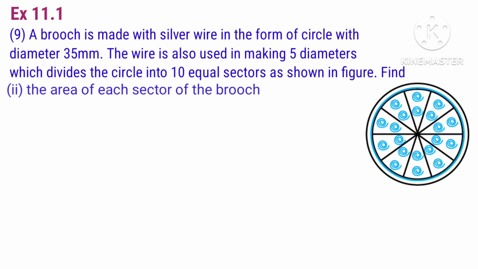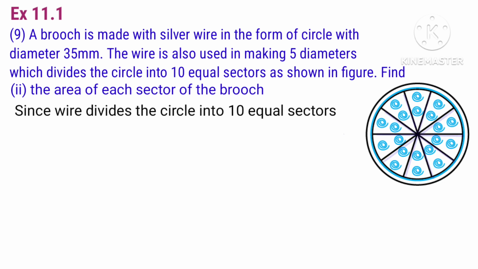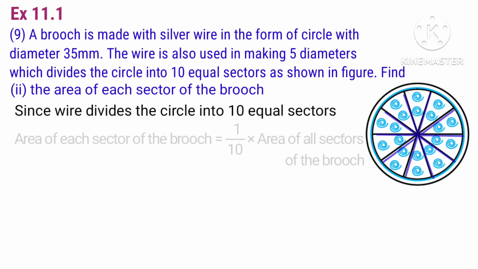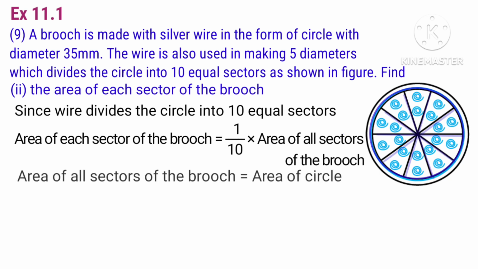We'll move on to the next part of the question. Find the area of each sector of the brooch. So since wire divides the circle into 10 equal sectors, we can write area of each sector of the brooch is equal to 1 by 10 into area of all sectors of the brooch. We also know that area of all sectors of the brooch is equal to area of circle, that is pi